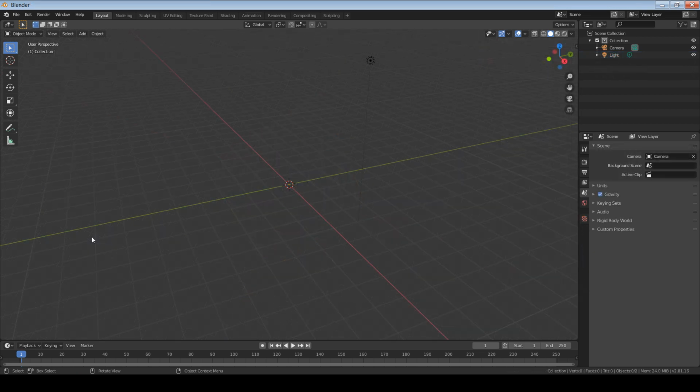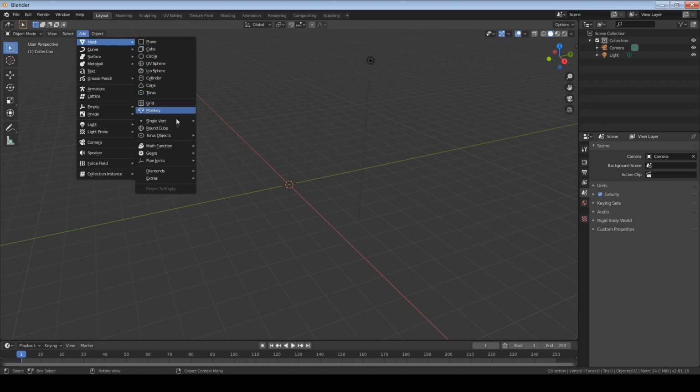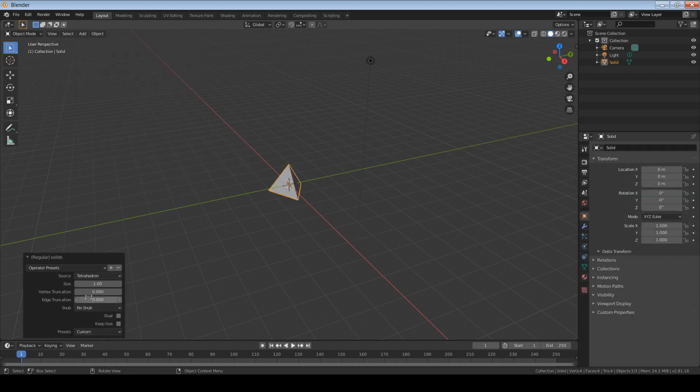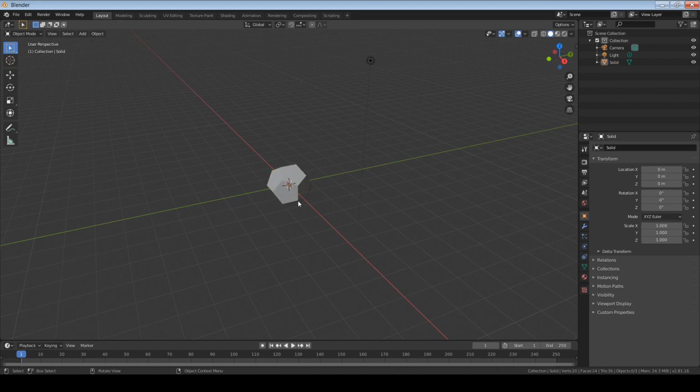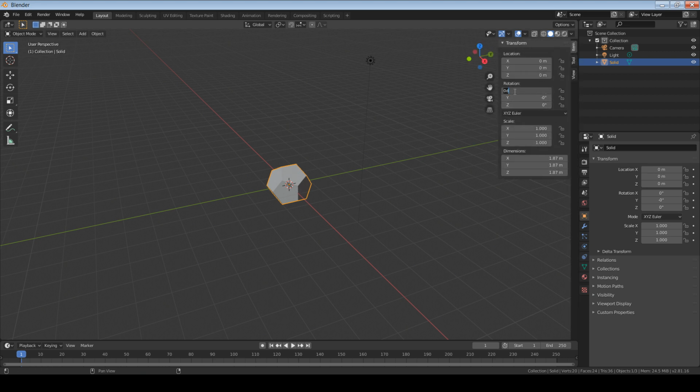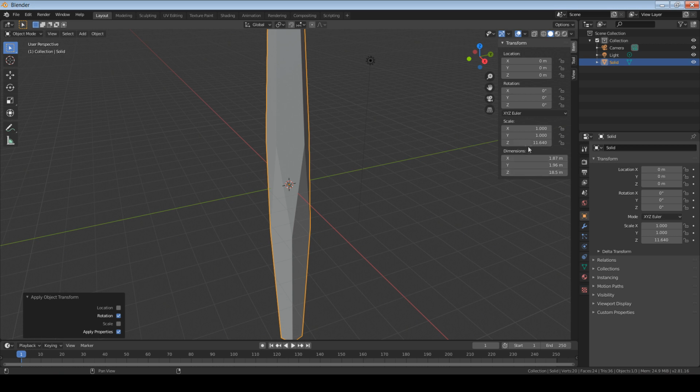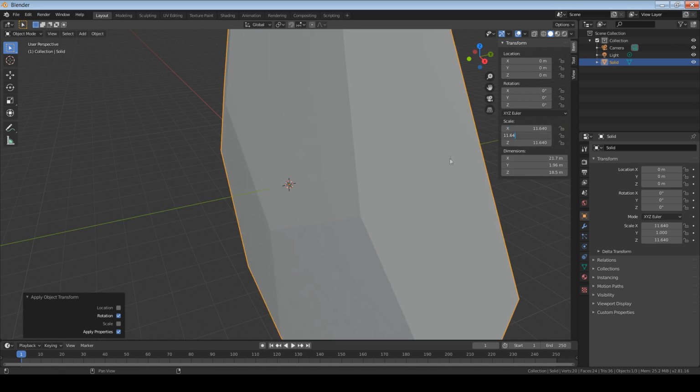Now it's time for the D12, so go ahead and delete your default cube, go to Add, Mesh, Mathematical Function, Regular Solid, click the dialog box at the bottom left-hand corner of your work area, and from the drop-down menu, you're going to select dodecahedron. To reposition and resize this, you're going to rotate it by negative 58.285 degrees on X, apply, and then change the dimensions on Z to 18.5 meters,